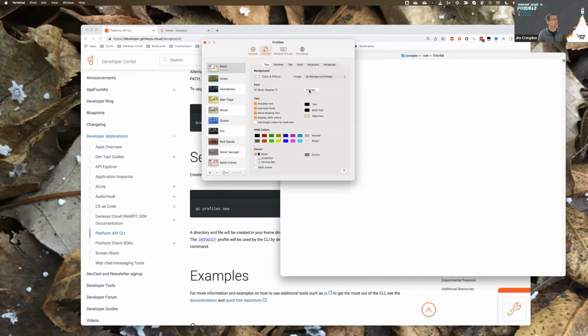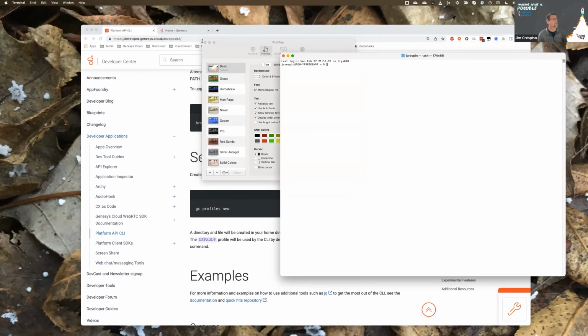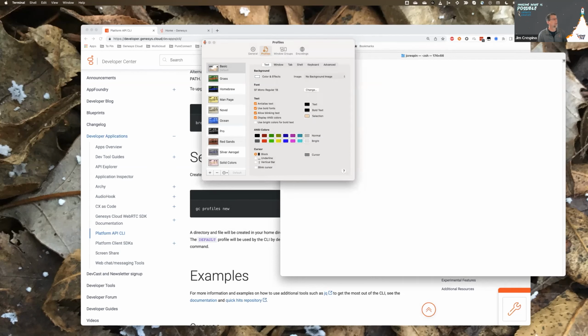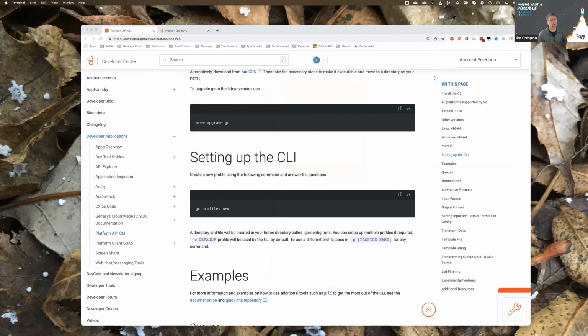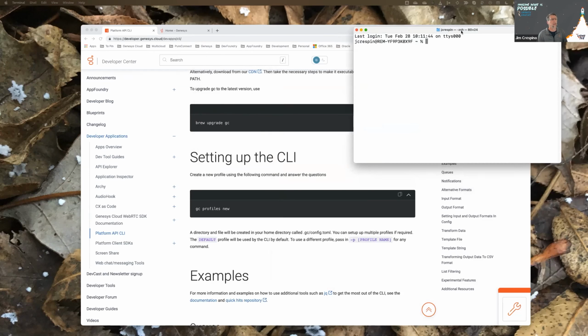Let's change the font size to like 18. Let's see how that looks here for y'all. All right, regular font. Let me bring up a new terminal window with a bigger font. That'll help. All right.